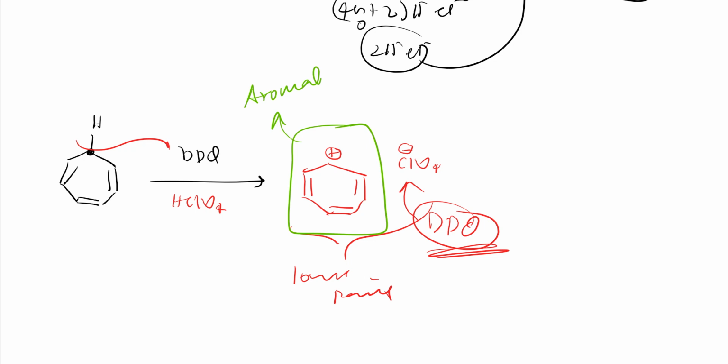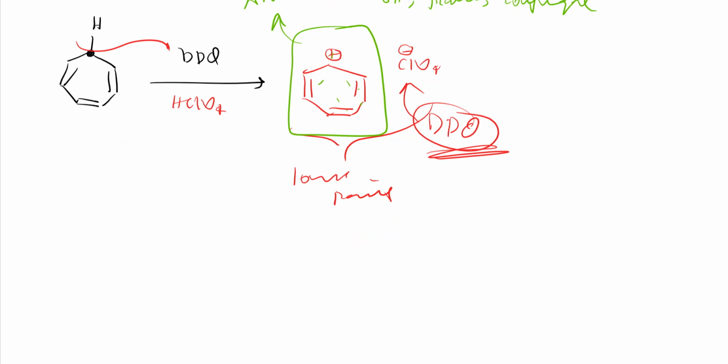Just count the number of carbons, 2, 4, 6, and also delocalization is there. Double bond, single bond, double bond, single bond, double bond, single bond plus charge, right? Because of which delocalization is there, right? Aromatic compounds are nothing but those which satisfy Huckel's rule. So here 6 pi electrons, it is satisfied, and it is planar, and conjugation is there, right? So it is aromatic, right? So these were the conditions of aromaticity, right?